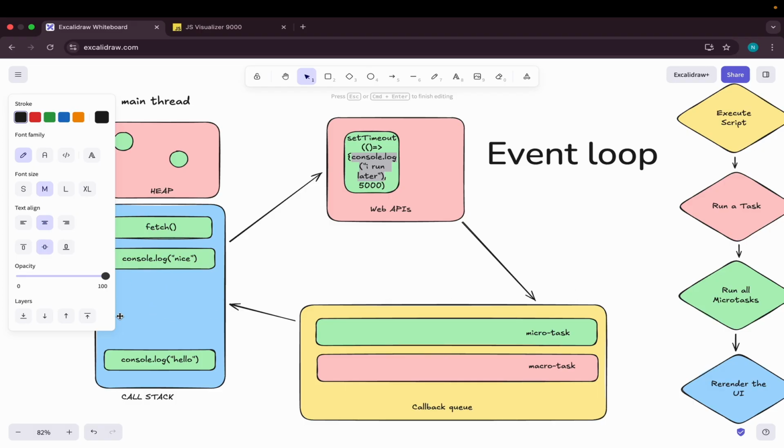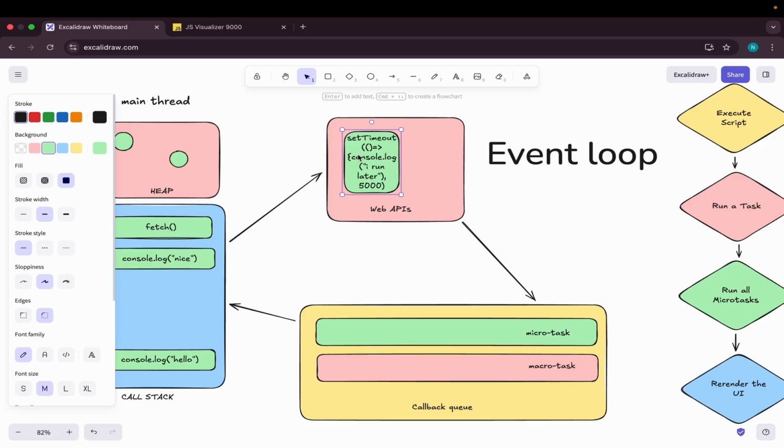So whatever asynchronous code is present, it will first go to this web API's handler. The web API's handler will see how to execute this particular function. Once that execution is done, let's say 5 seconds has elapsed, it will push the callback, the actual code that needs to be run, which can be a synchronous or an asynchronous code,